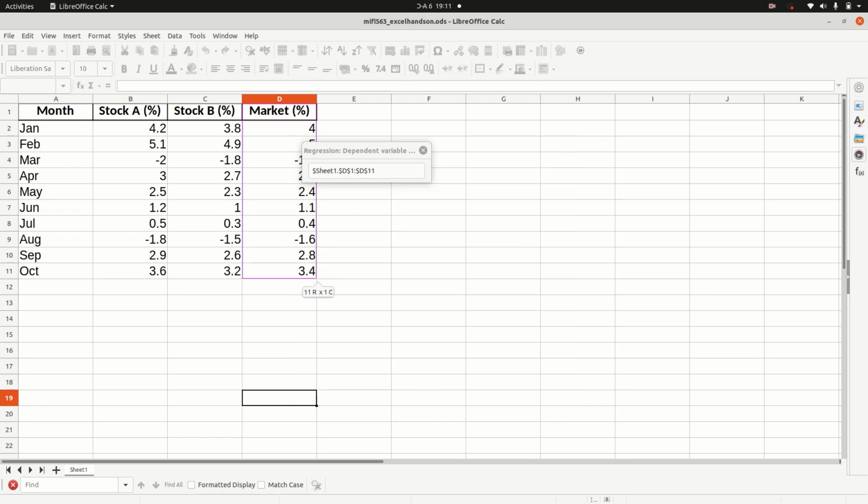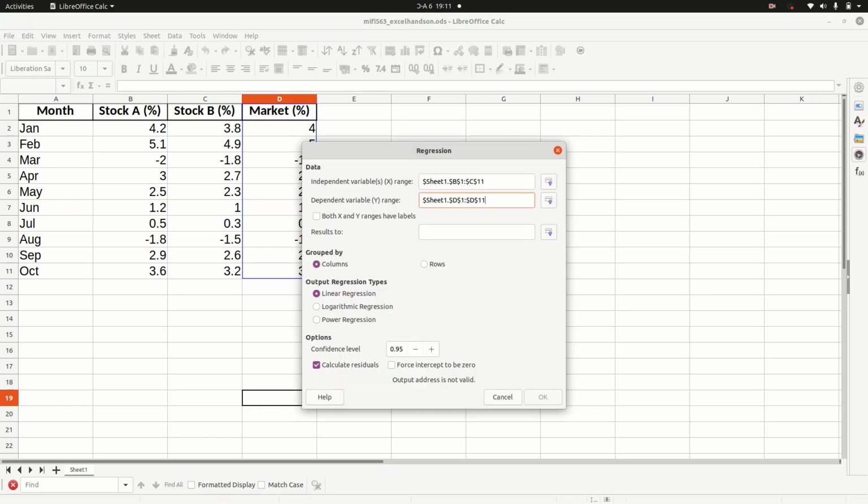Okay, it says both X and Y have labels. Yes, both X and Y have labels. Where do you want to put the results? I want to have it somewhere here. Okay, grouped by columns, so it is not rows, it is columns, please. We are still doing linear regression, and our confidence level is 95, so leave it like that. You can calculate the residuals if you want to. Okay,